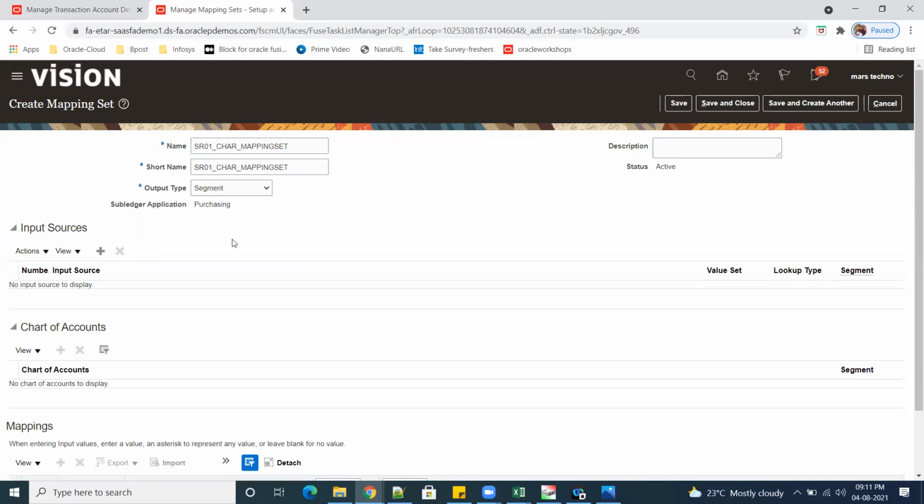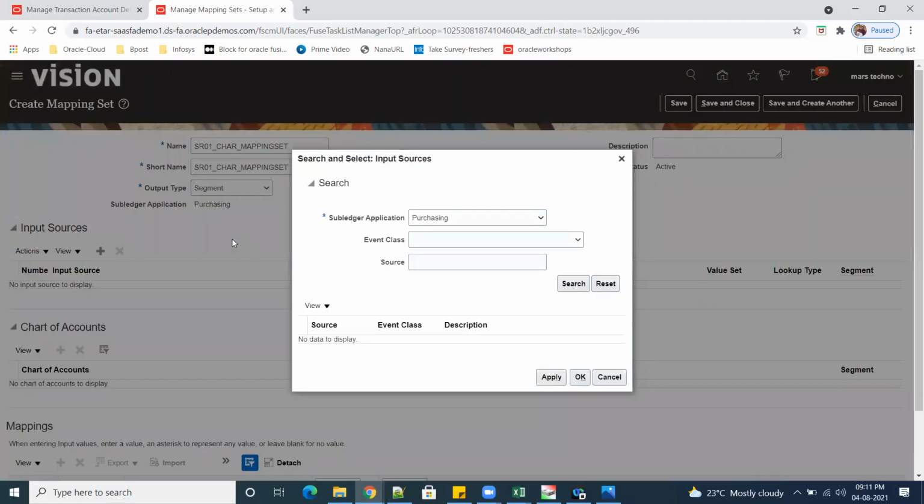Click on plus. What is the input source? On what source do I want to write my account value? Let us say the source is item category. There are a lot of things here.